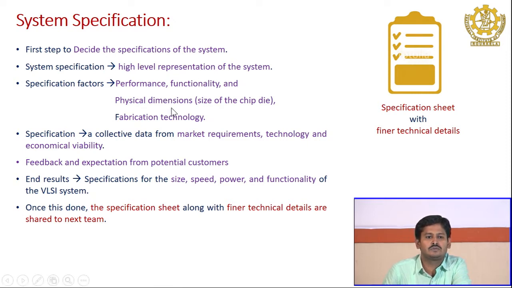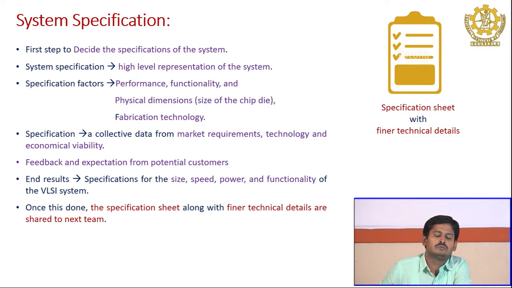Followed by many times factors like area are also taken into consideration, because area is again related to heat loss and also the portability of the system. In today's IoT trends, most of the systems are handheld or portable devices. So, these are the factors we have to consider while deciding the specification of a system. Sometimes fabrication technology, and also, not listed here, the cost of the product is another factor which is important for deciding your specification.